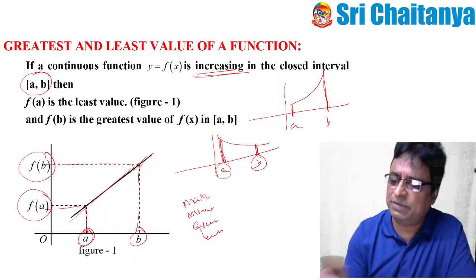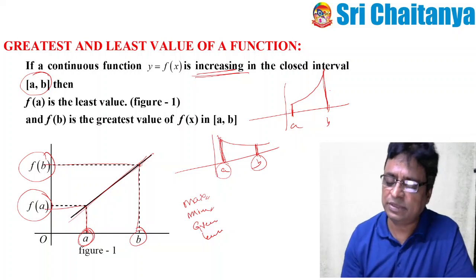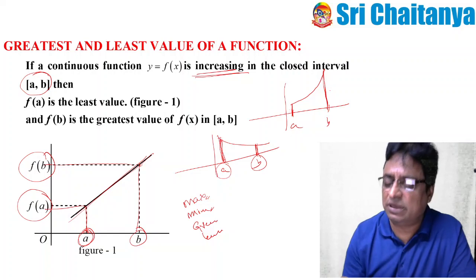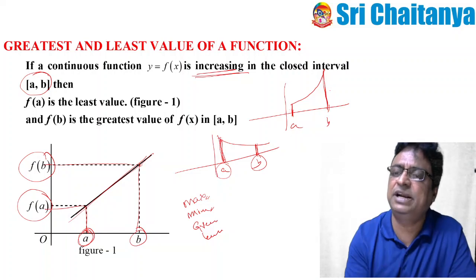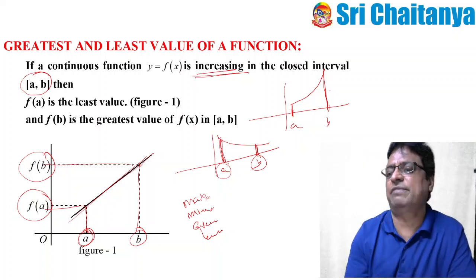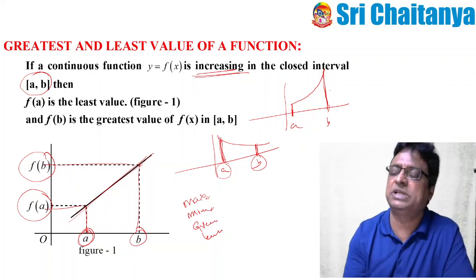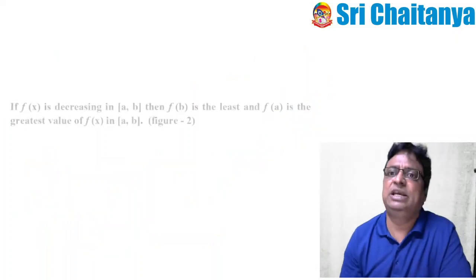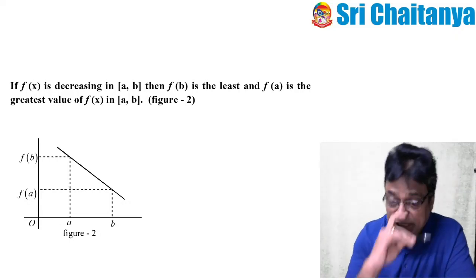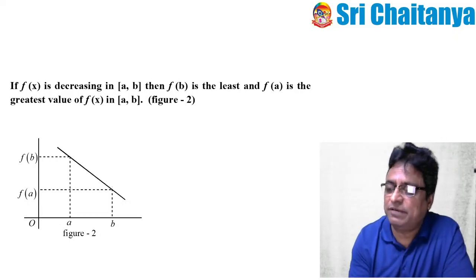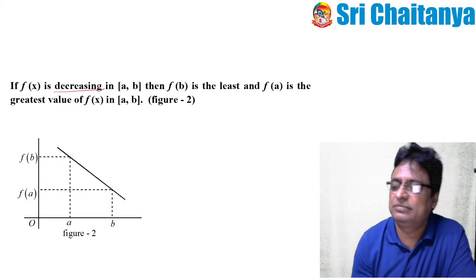Greatest and least values may be the maxima and minima, but maxima and minima need not be the greatest and least. Here maxima is nothing but greatest, minima is nothing but least, provided your function is defined and is increasing in closed interval ab. Then only in this case the maximum is nothing but greatest, the minimum is nothing but least. Similarly, even for a decreasing function it happens like this. Clear? So these are the particular cases, provided your function is defined in closed interval ab and moreover it is increasing, or here decreasing. In that case only.